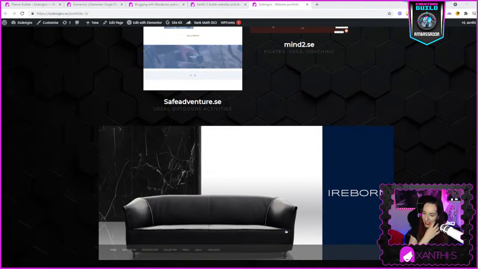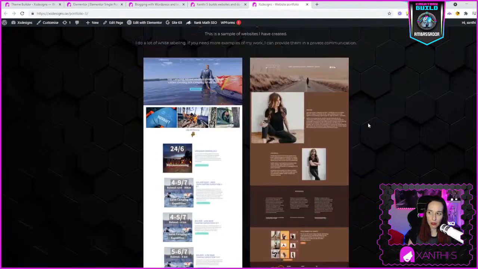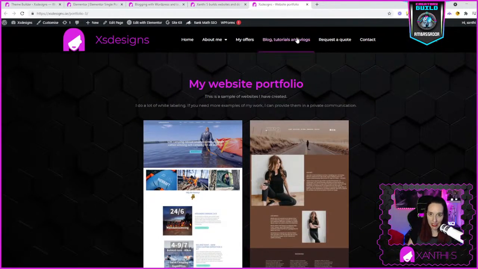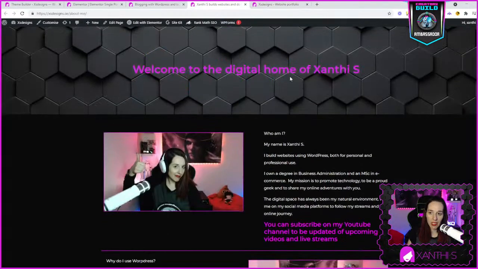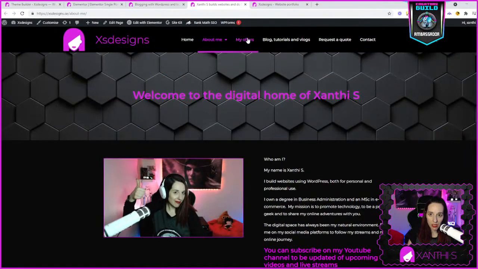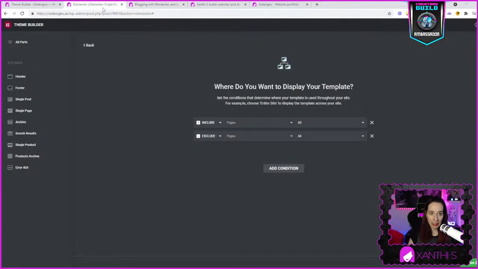So HTML and CSS, very simple, but elegant. I mean, I like the design. It's elegant for what it is. So I made that. So I don't want this page to use the layout that I created, and I don't want the About Me page to have this one. My offers not either, and not the contact page. So I guess those 4 pages, I don't want them to have that layout. So I'm going to exclude